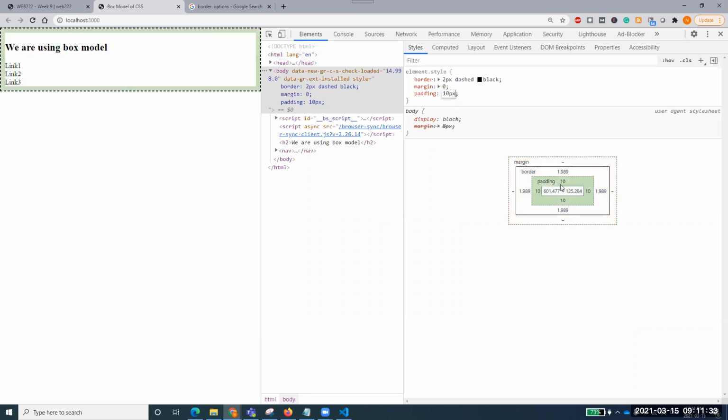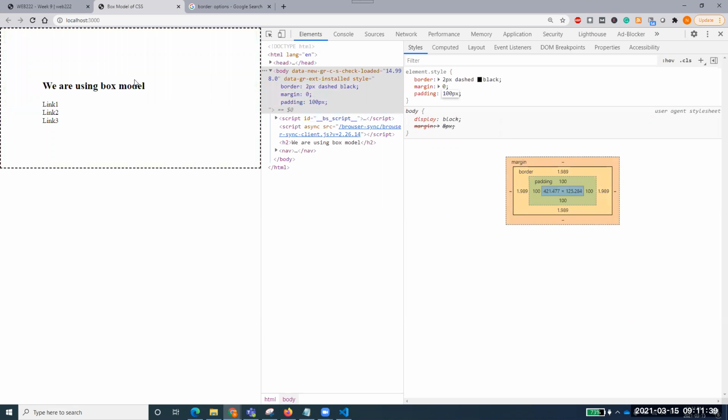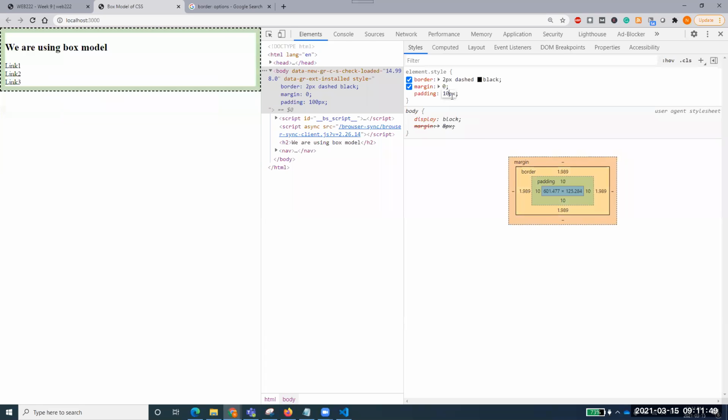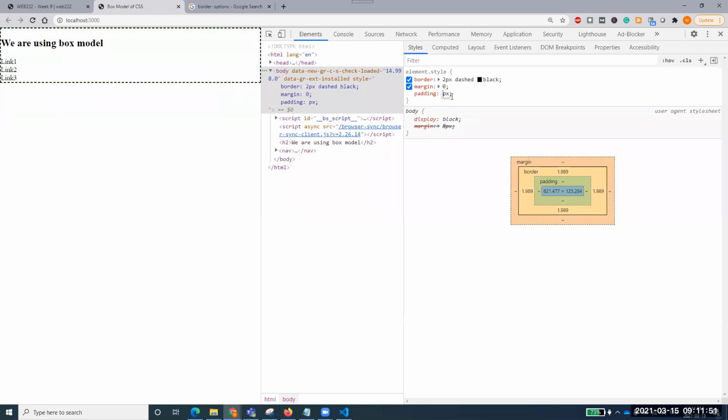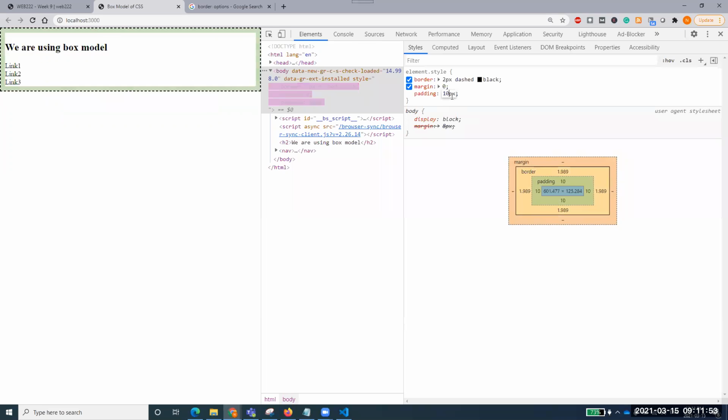If you see here, it is here, this one. So this one has gone to 10. Like again, I've gone mad, 100 pixel. So you see that now between the border and this one, we have got 100 pixels in between. Which I will never want. So if you want to have some breathing space, you will say 10 pixel. Now we have got some breathing space here.